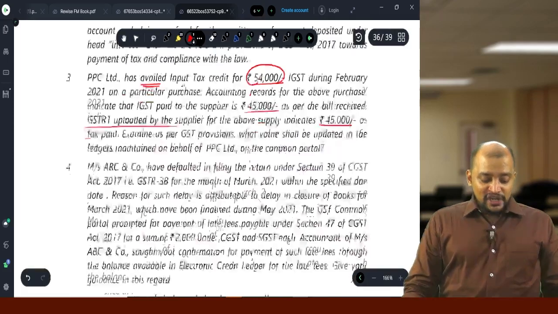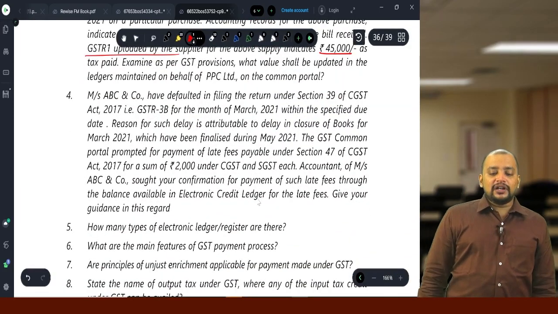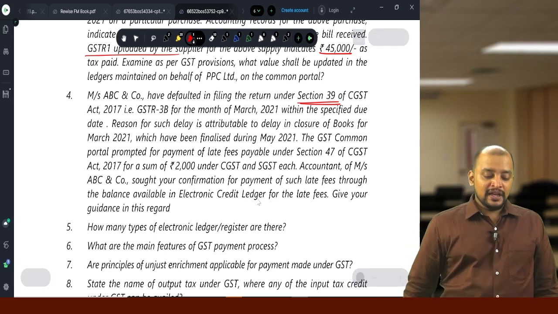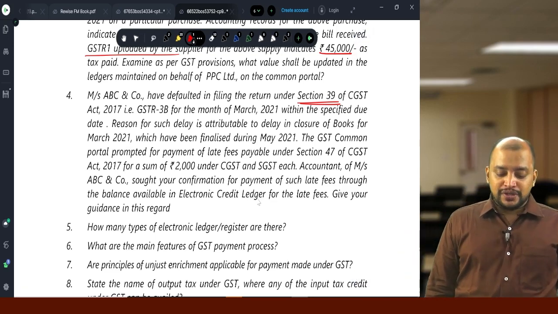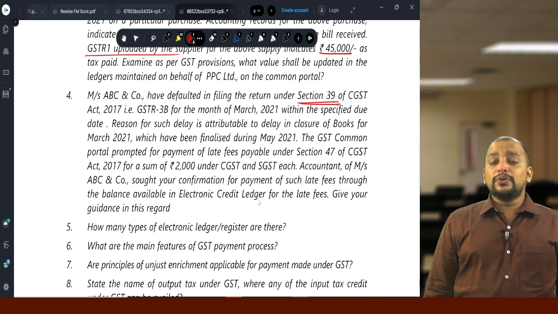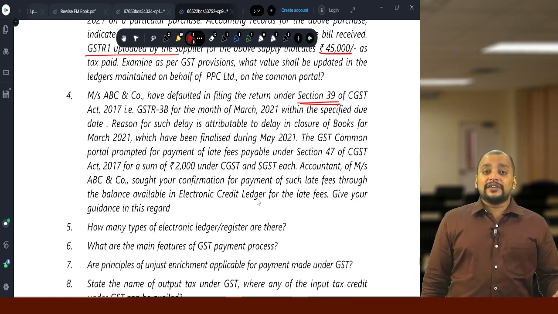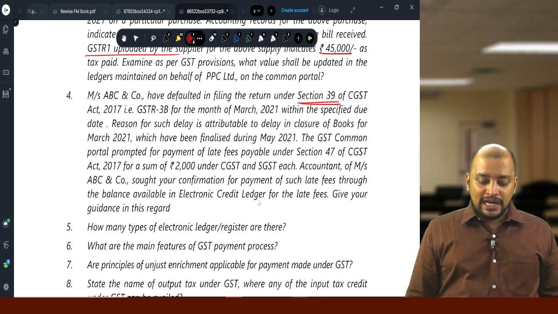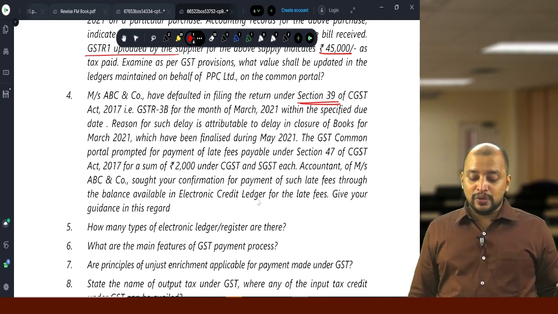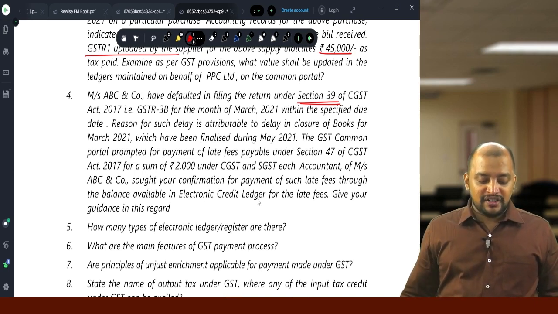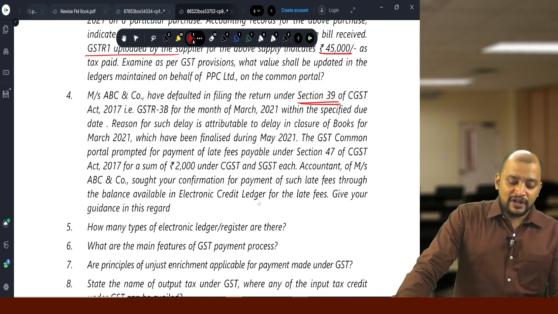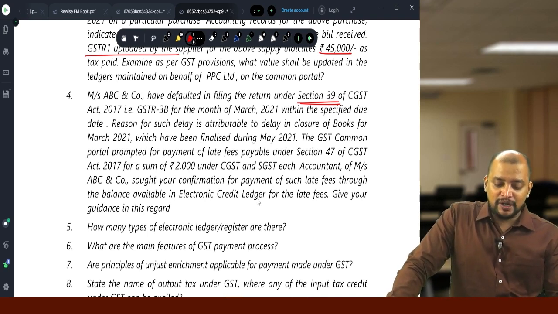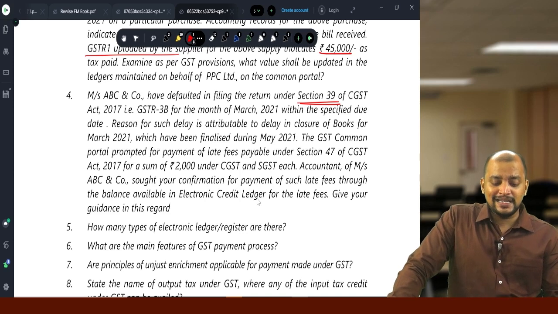Then question number 4: ABC and Company have defaulted in filing the return under section 39, that is GSTR 3B, for the month of March 2021 within the specified due date. The due date of filing GSTR 3B is the 20th of the month following. The reason for such delay is attributable to delay in closure of books for March, which was finalized during May. The GST common portal prompted for payment of late fee payable under section 47 for a sum of 2000 under CGST and SGST each. The accountant sought your confirmation for payment of such late fees through the balance available in the